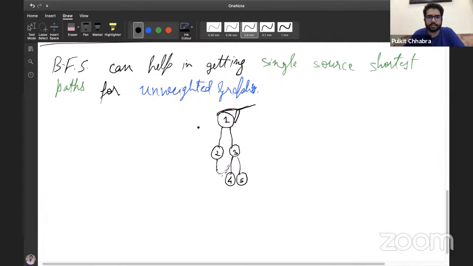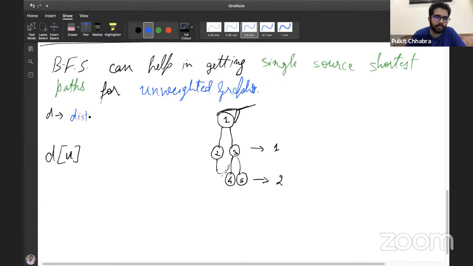All right. So here we can see that the distance of 3 and 2 is going to be 1 from the node 1, and the distance of these nodes is going to be equal to 2. If we are to calculate the shortest distances, here's where the BFS tree comes into the picture. The distance of a particular node U, and when I say D, I mean distance from source. Keep this in mind.